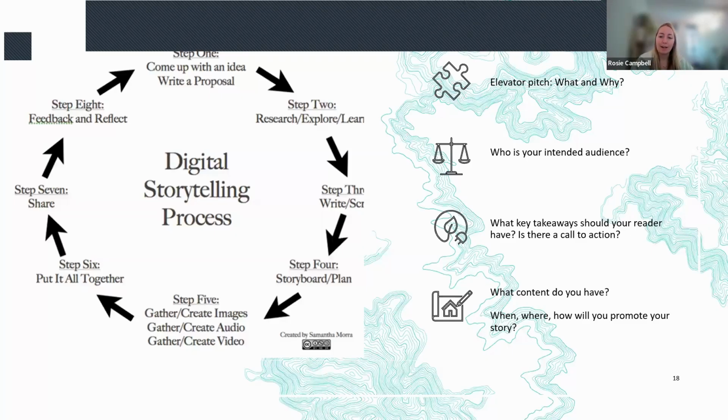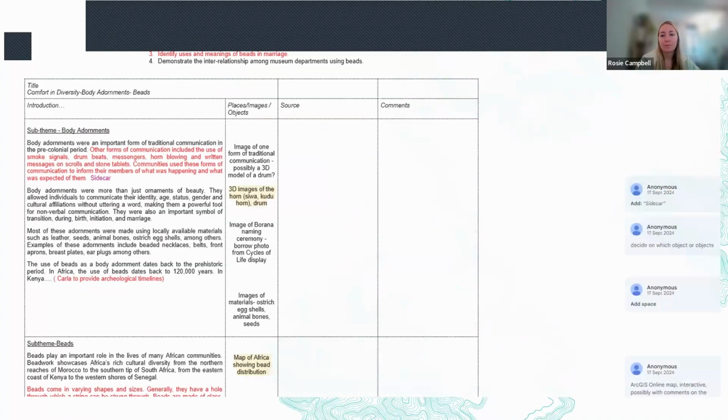But if we really go back now to the development of your story map, the best way to answer this question is through a really well thought out storyboard. So one great way that we've been doing this in the IDIC Africa project is to run a continuous Google Doc, share it with the people that are a part of the project, and then start filling it out.